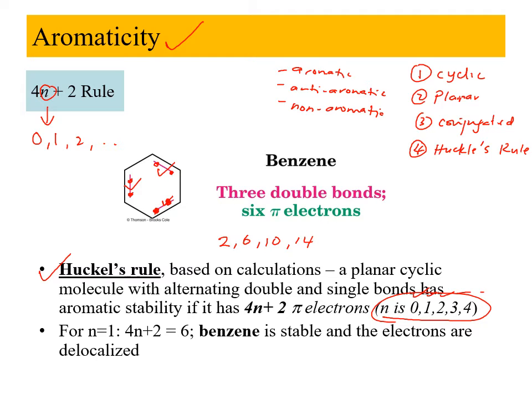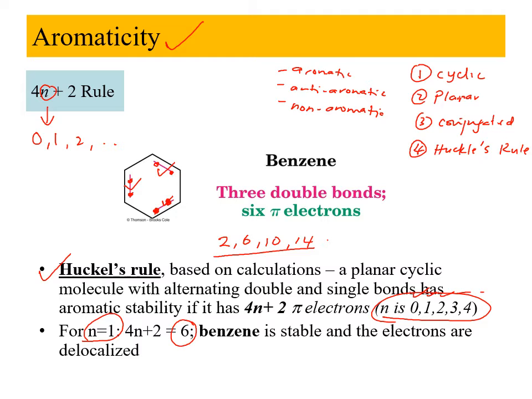That can be said that the structure is aromatic. For example, we substitute n equals 1 into the formula. So we have 4n plus 2, we have 6, meaning that 6 pi electrons